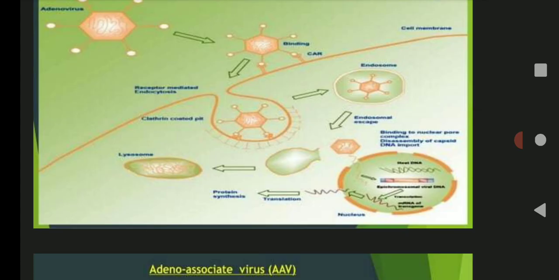Here the adenovirus comes and binds to the receptor on the surface of a particular cell, then the virus is encapsulated by the membrane, and this endosome is released into the cytoplasm. Later the endosome is bound with the lysosome, which dismantles the protein coat of the virus, and the DNA of interest is released into the cytoplasm. Then later that is transferred to the